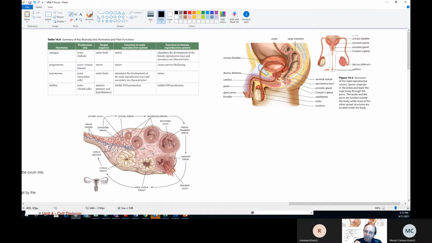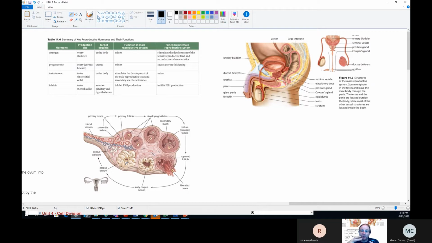So luteinizing hormone stimulates the ovary, and then the ovary will produce estrogen and also progesterone. Specifically, it's the structure called the corpus luteum that produces progesterone. Now, progesterone is a really interesting one. Progestation. Gestation is basically to grow a baby. So progesterone, if